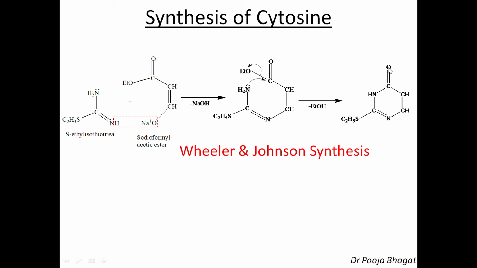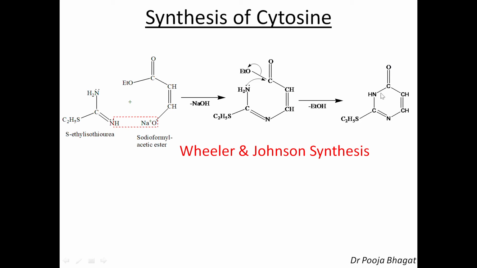If I can convert this O into enol, OH, and then into Cl, and then to NH2, I can easily do it. If you have the chloro group here, you can easily convert it into NH2 by treating it with ammonia. How do we get the chloro group here? If we take the enol form of this, then it can be easily converted into the chloro group. How? The nitrogen lone pair will shift here, the double bond will shift here. So this is N single bond OH. This is the enolic form, and then it gets converted into Cl.